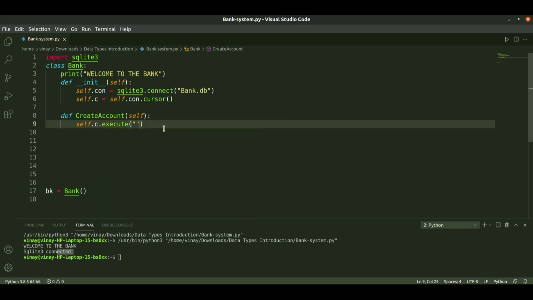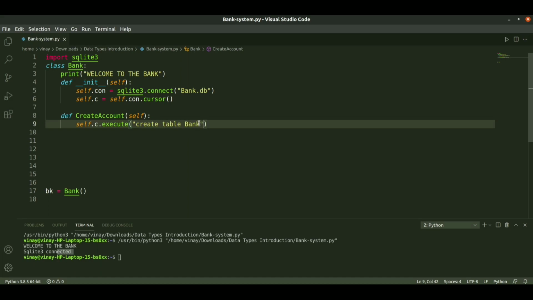In this, we will now pass the item that we need to create the table. We will pass create table, with the table name. The table name we will give just as bank.